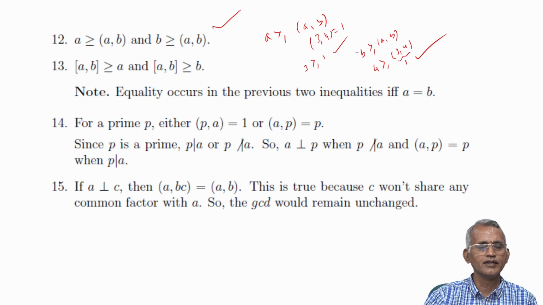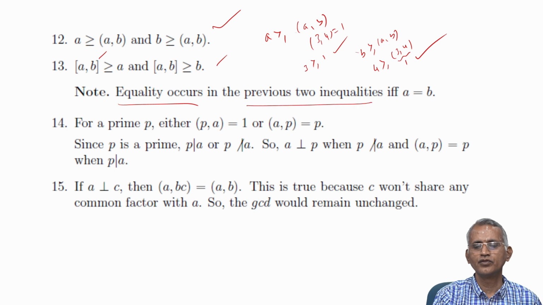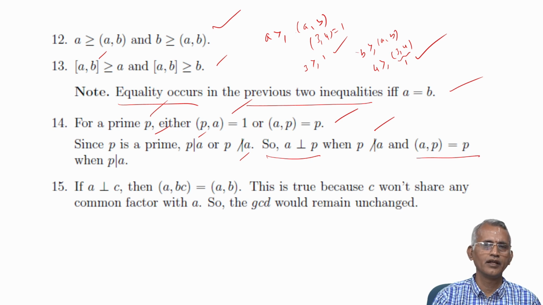And similarly, the LCM of A comma B is greater than or equal to A, and the LCM of A comma B is greater than or equal to B. The equality occurs in the previous two inequalities if and only if A equal to B is true. For a prime P, either the GCD of P comma A is 1 or the GCD of A comma P equals P. Since P is a prime, P divides A or P does not divide A. So the GCD is 1 when P does not divide A,